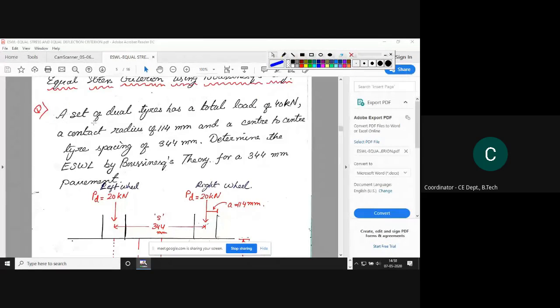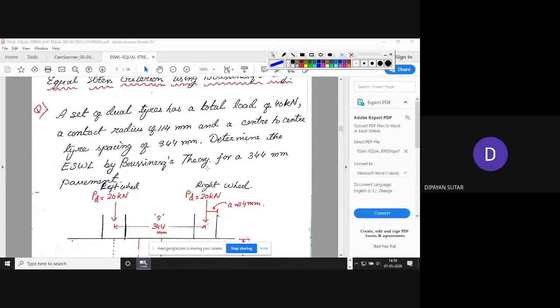See, a set of dual tire has a load of 40 kilonewton, a contact radius of 114 millimeter, and center to center tire spacing of 344 mm. All these are the specification of dual combination load. How it looks like, we have to draw it. And they're asking, determine the ESWL by Bosnick's theory. If they have given like this, that means we have to use stress chart. They will provide you one more chart along with this problem. By looking at that chart also, we can...